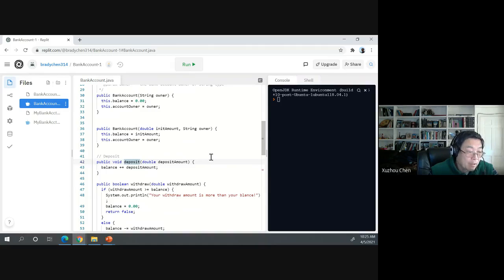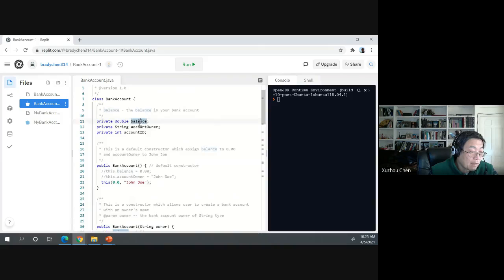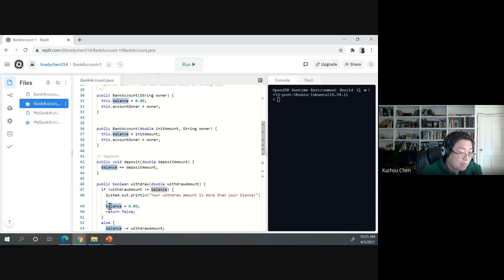As a member method, I can access the member field variable, like balance. Balance is defined here in the bank account, so balance is a member variable, a field variable of a bank account. So the member method can access the balance, or I can use this dot balance. It doesn't matter. It's the same. However,